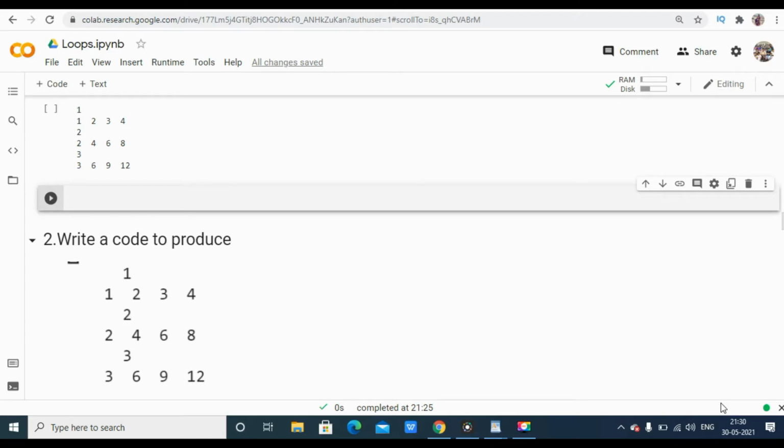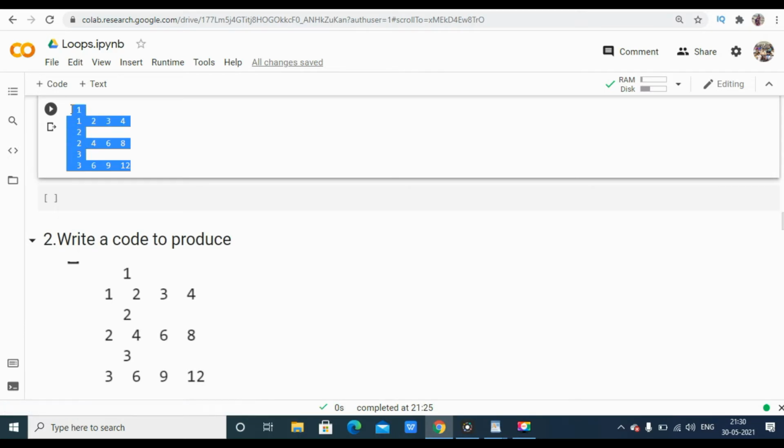Now let's dive into the inner for loop. First, I'm going to make a loop such that I get an output in this way. For pattern matching, you have to deeply understand what they have actually written. You can see 1, 2, 3, 4, 5, or 1, 2, 3, 4, 5, 6 rows, but all the values are starting from 1 to 3.